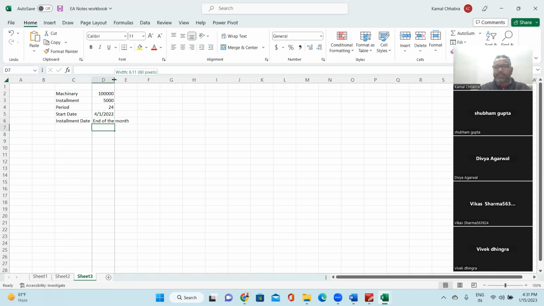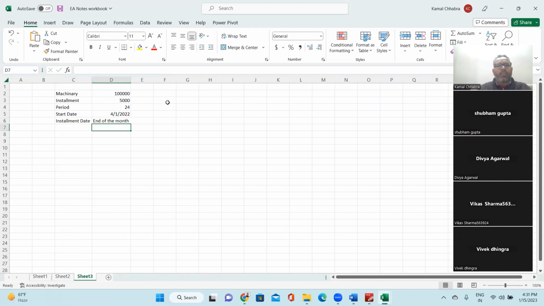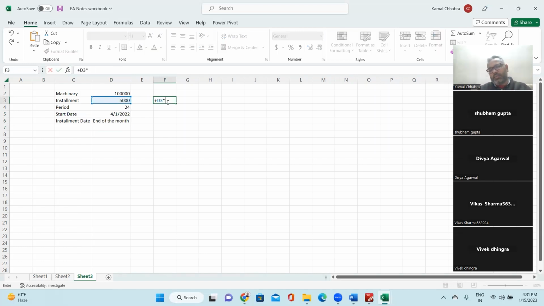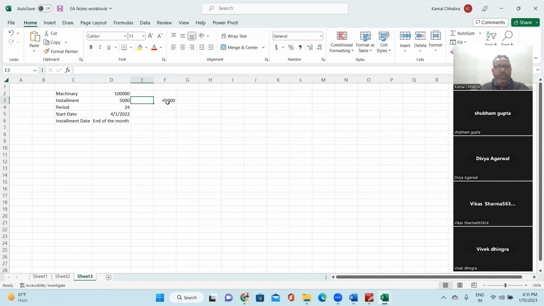So the facts are clear. So how many installments have been received in year 1? 5,000 multiplied by how many months? Why 8? Why not 9? 9 months. 45,000, right? The total amount expected is 5,000 multiplied by 24,